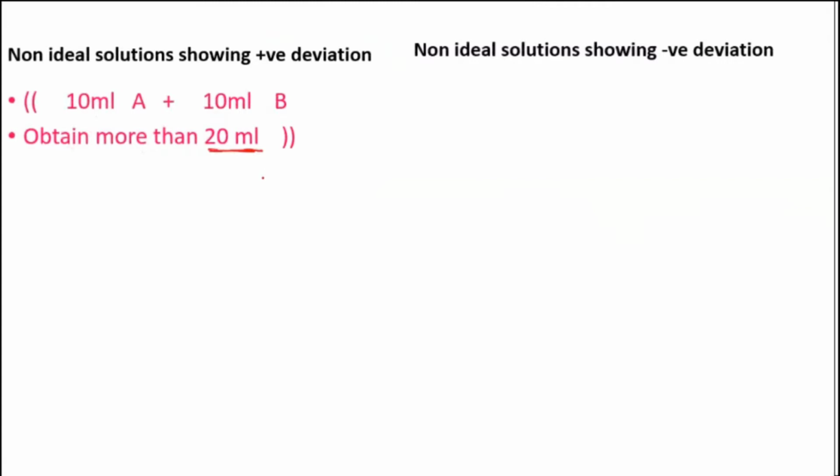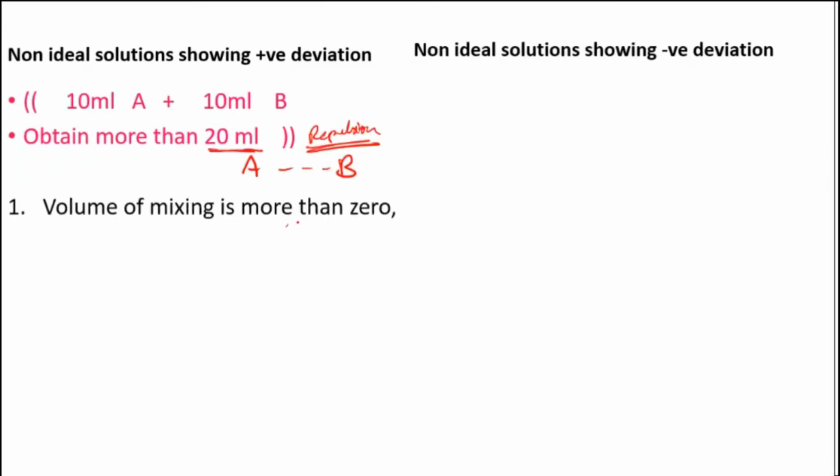So if it is positive deviation, you have seen that A and B particles are far from each other. It's like almost repulsion is happening. So compared to whatever forces were there before, the force of attraction is still far. It's more about the repulsion which is taking place. So when there is repulsion, the area occupied also will be larger, and when the area occupied is larger, your volume also will become larger. So that is the reason why this shows a positive deviation. Your volume, you will find, is more than whatever is being expected.